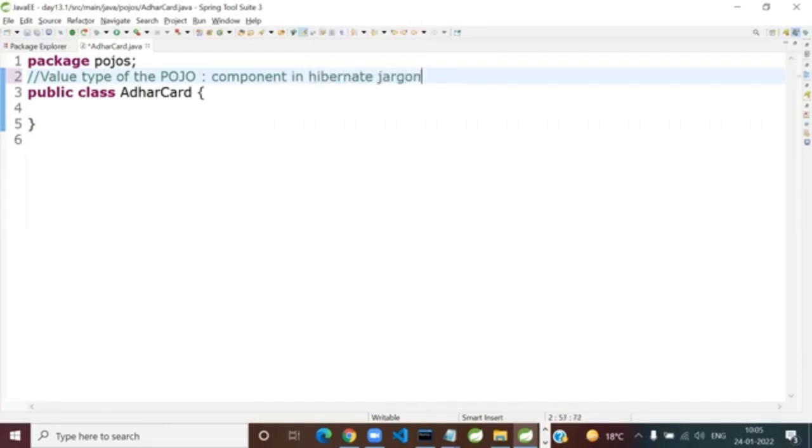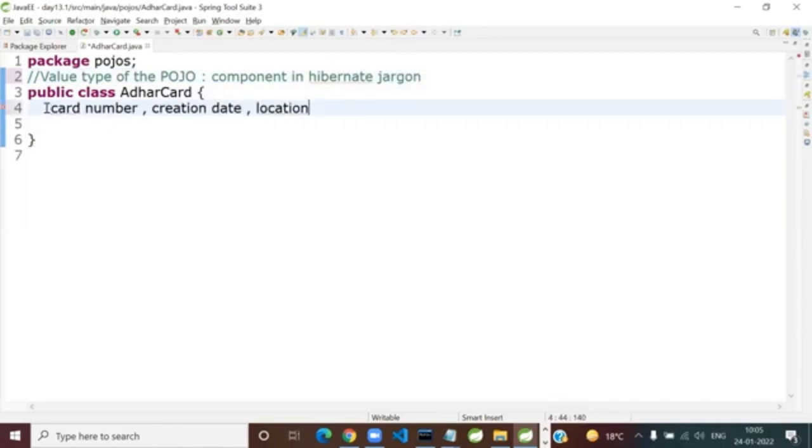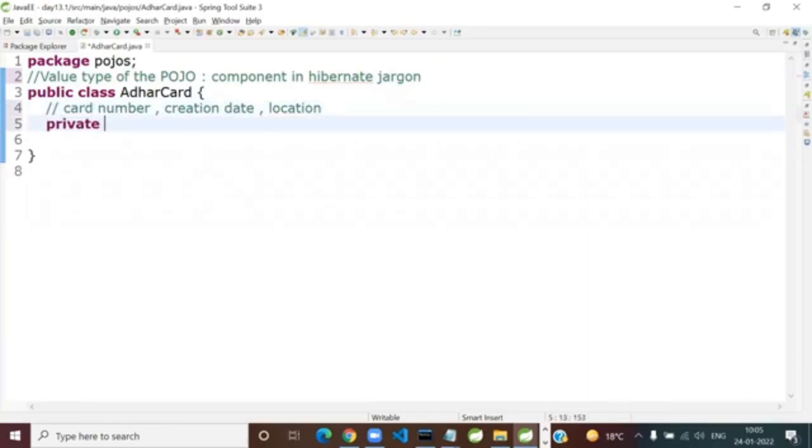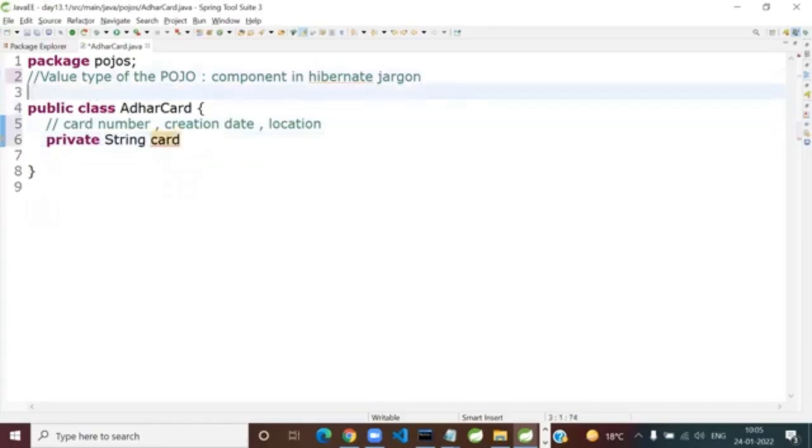Jargon means technical terms. Okay, let's try adding those properties. It's a card number, all strings. It's going to be unique. I'll mention it in writing: cannot add @Entity and @Id annotations.